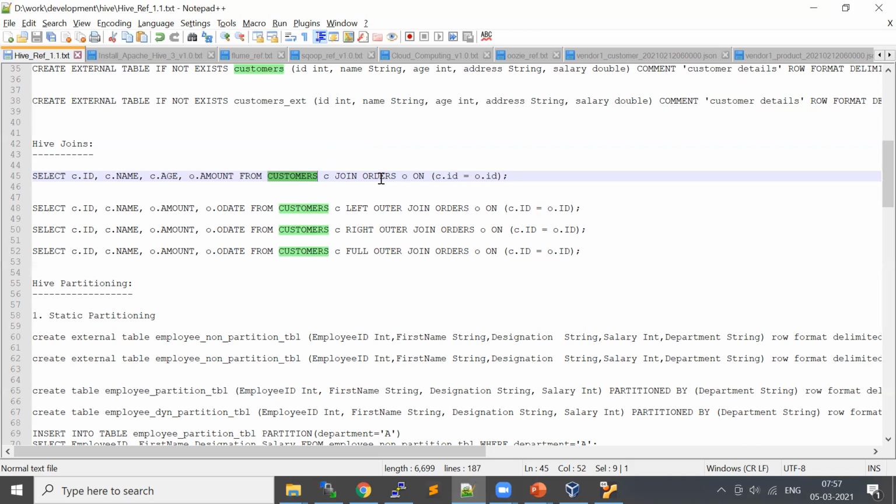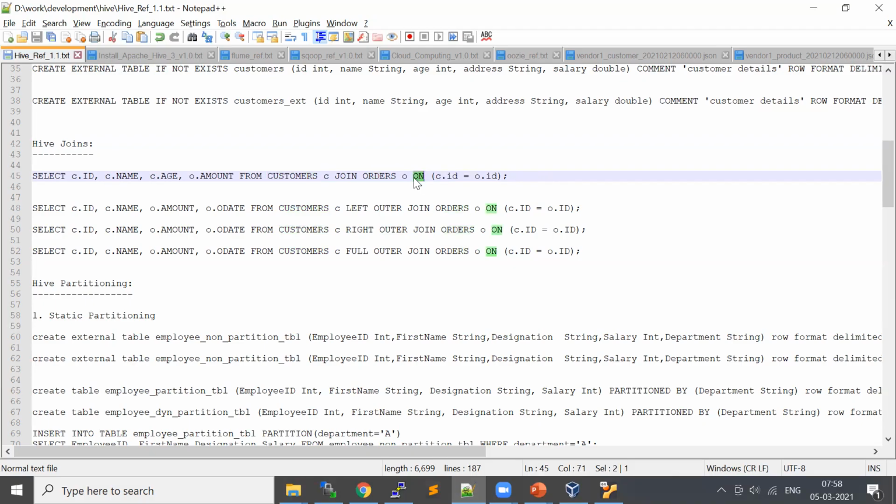Whichever table is larger, based on the volume of your table, should be considered as the left side. I will explain why that needs to be considered. For this case I'm just considering customer as the left table and orders as the right table.